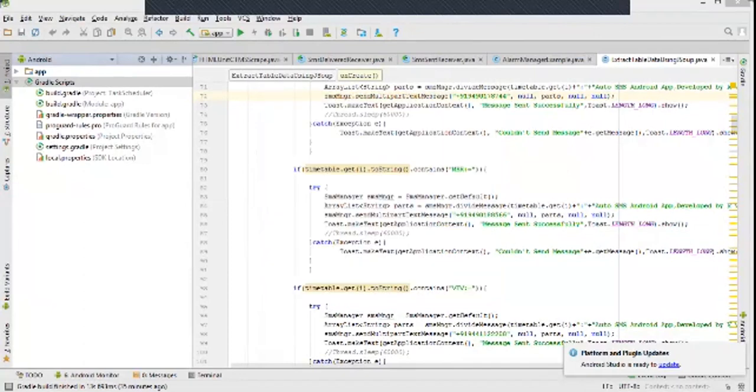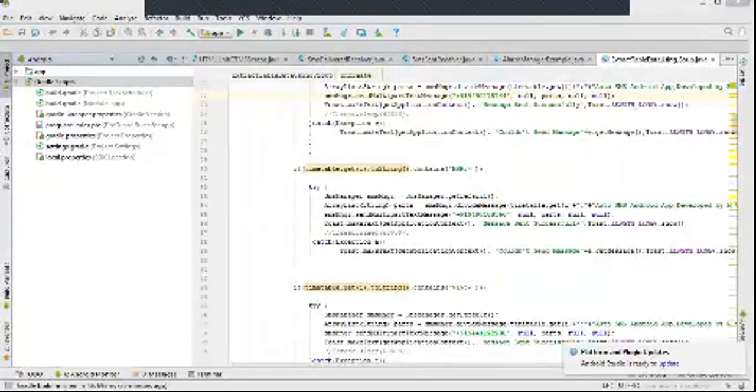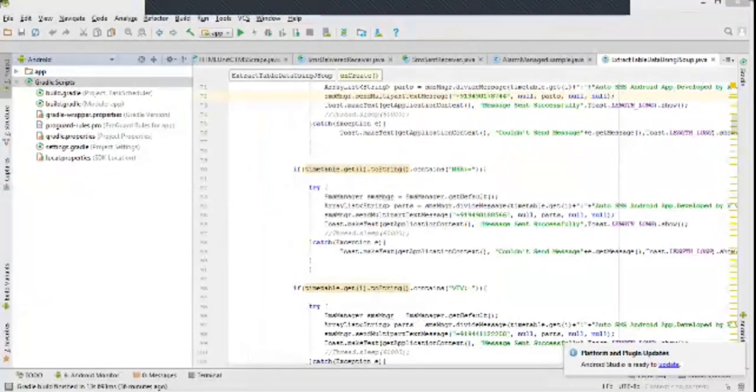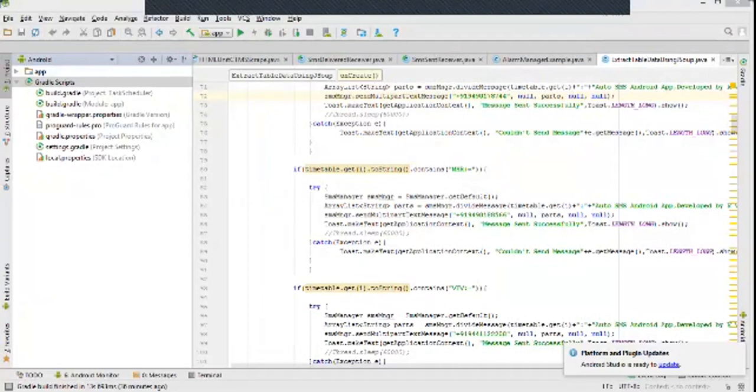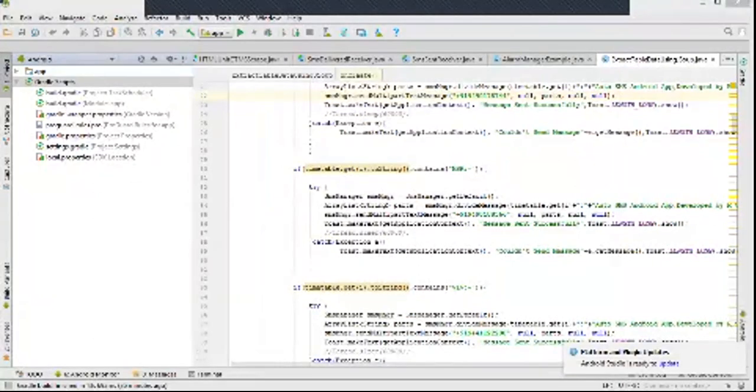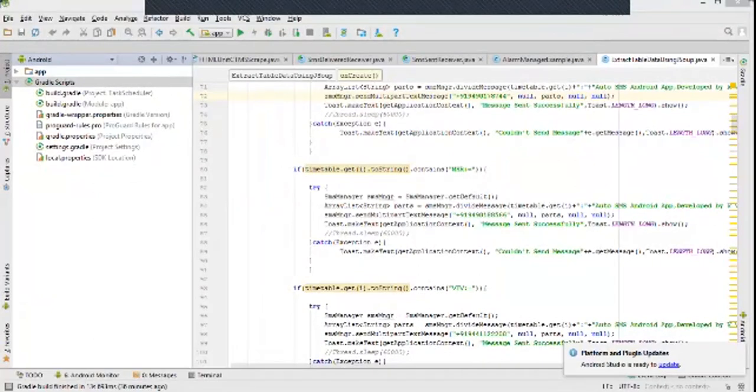Carry on. Yes, sir. So this is your Android Studio, sir. I have opened it for you. Now I'll try to create a new app in this. So as you can see, there is a menu bar here. There is file, edit, view, navigate, code, analyze, refactor, build. All these options are there. Window and help.